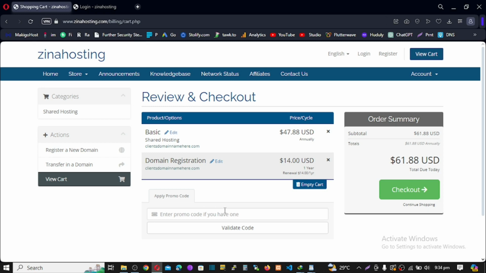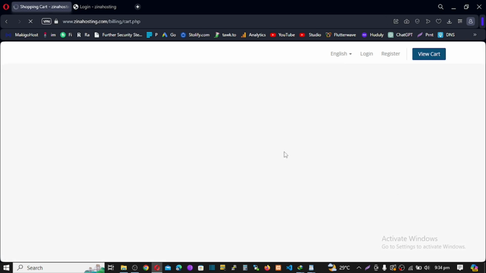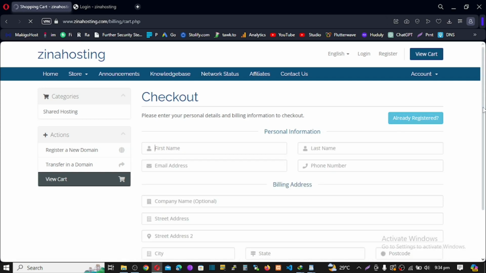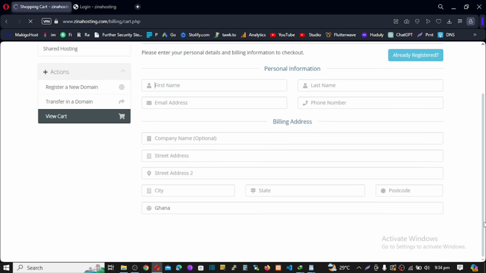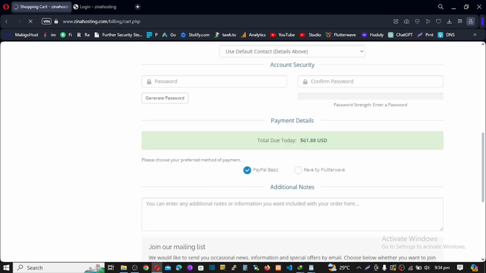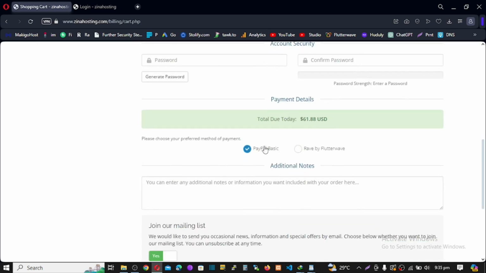So they enter a promo code here. Click on checkout, enter their personal information. After that, you scroll down. Enter their secured passwords, pick a payment gateway, and pay you money to host their websites. So if you're a web developer, you can create this, host your own clients, and keep the profit,